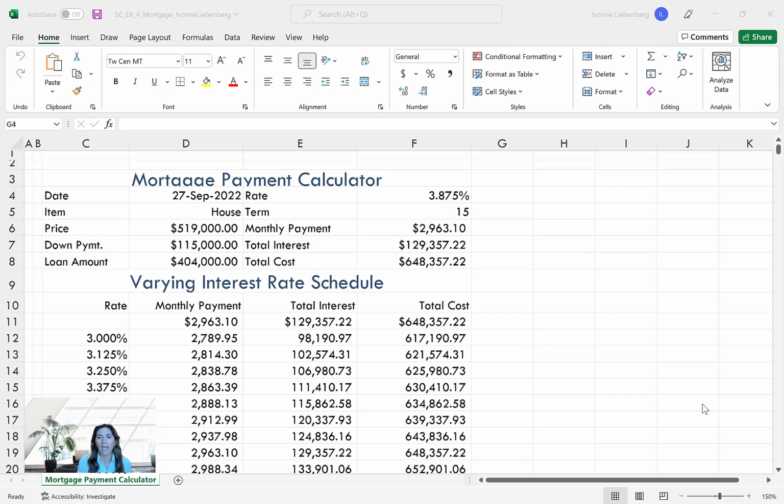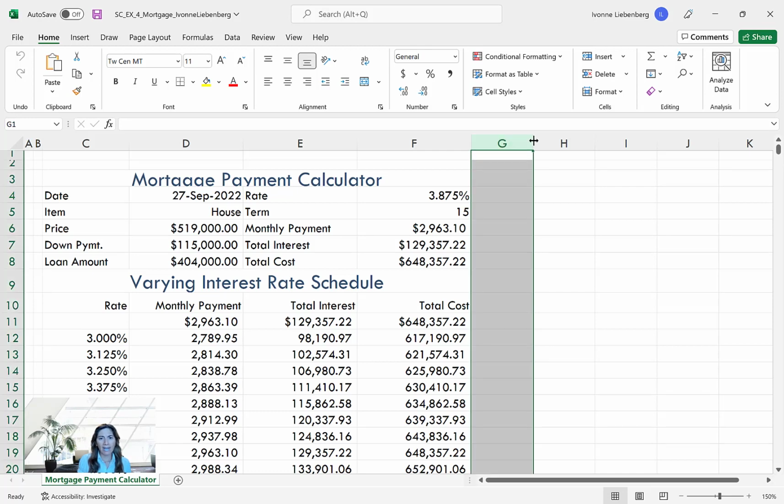Our first step is going to be adjusting the width of the columns where we're going to be entering our amortization schedule, and also the title of that section and the row titles. So let's get started with step number 1. It says position the pointer on the right boundary of column heading G. So we want to adjust the width of this column, and you can do it by dragging that border to